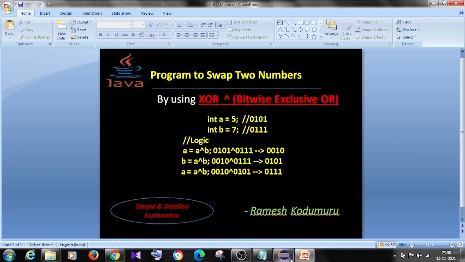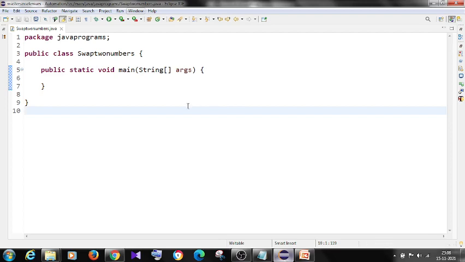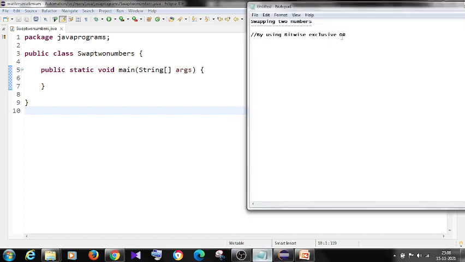So I am using Eclipse IDE, and before writing the code we will discuss the logic in detail. We are swapping two numbers by using bitwise exclusive OR. This is also known as XOR, and it is represented by the caret symbol. What exactly does it do?